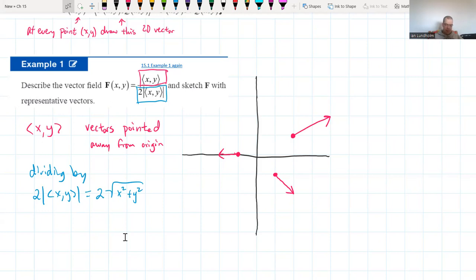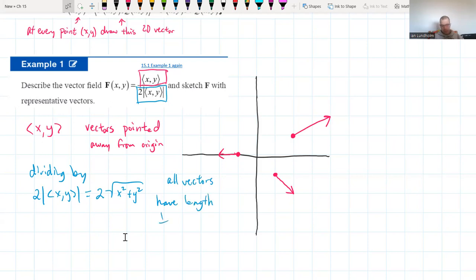What does that mean? At every spot, the length of each of these vectors is going to be scaled. If it was just scaled by the magnitude, they'd all be unit vectors. But since it's scaled by 2 times the magnitude, they're all going to be half unit vectors. So what this is saying is all the vectors have length